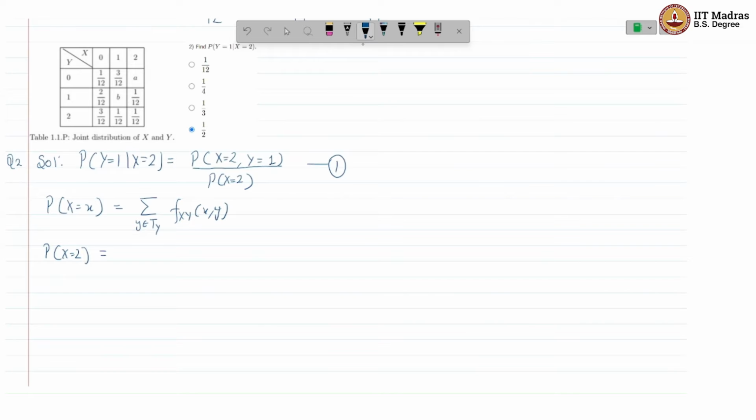So this will be equal to the probability X is equal to 2, Y is equal to 0, plus the probability X is equal to 2, Y is equal to 1, plus the probability X is equal to 2,